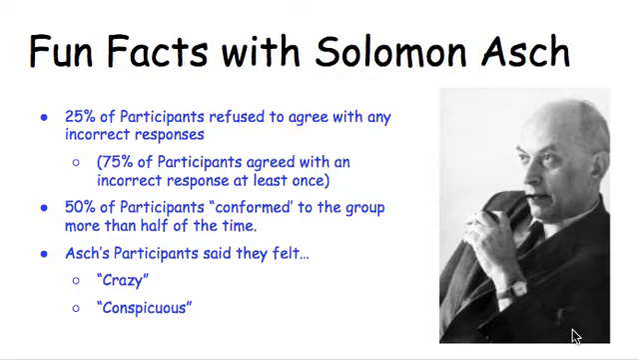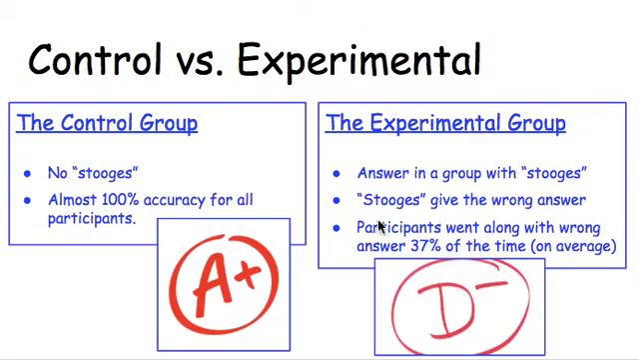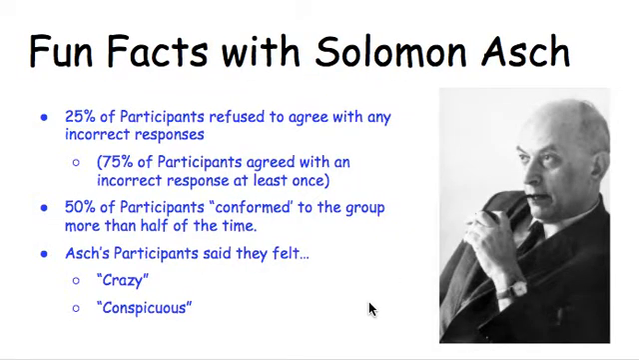All right, so what happens? What is the result of this experiment? Well, we know that participants go along and conform to answers they know are wrong a really high percentage of the time. But to dive into the details here, we could say 25% of participants refuse to agree with any incorrect responses. So about a quarter of people,